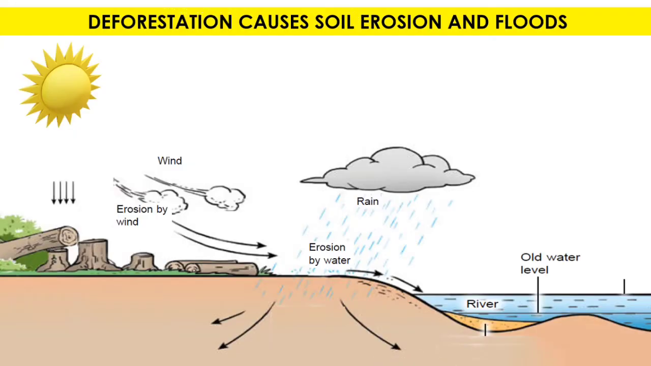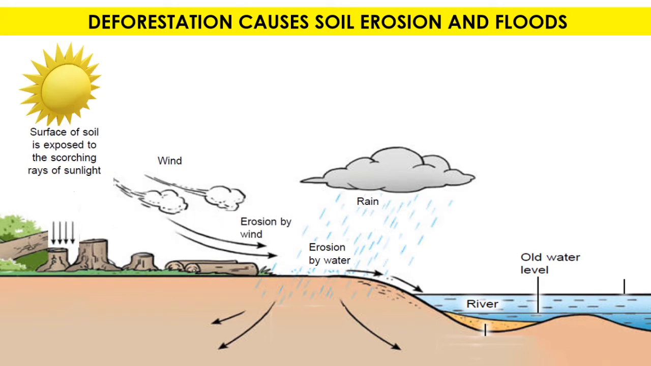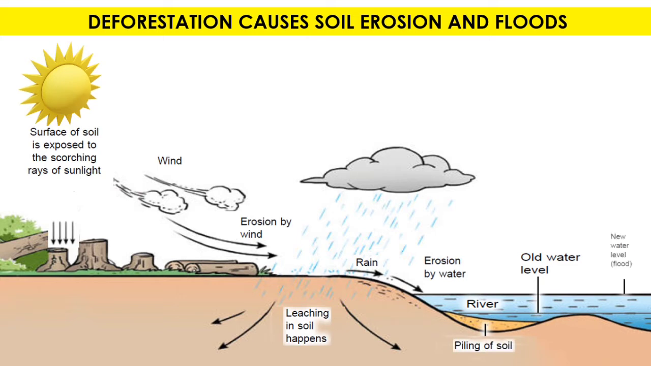Okay, so this is the process of deforestation that causes soil erosion and flood. How can deforestation cause soil erosion and flood? First, the surface of soil is exposed to the scorching rays of sunlight. So it will cause erosion by wind and leaching in soil to happen. Okay, when it rains, erosion by water occurs and filling of the soil in the river makes the new water level,